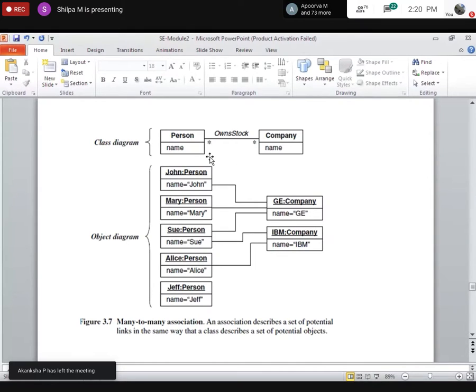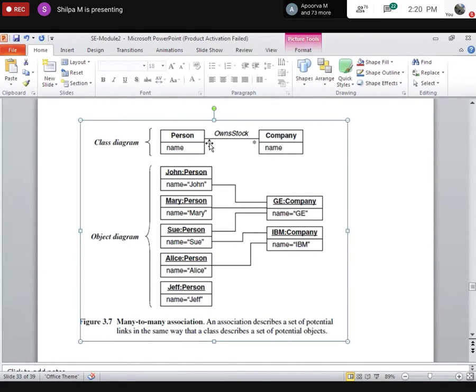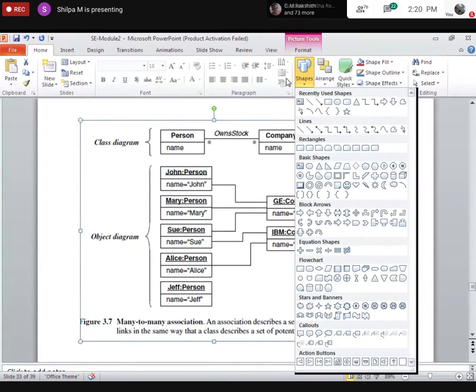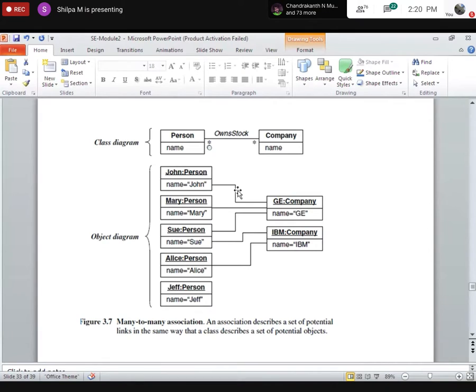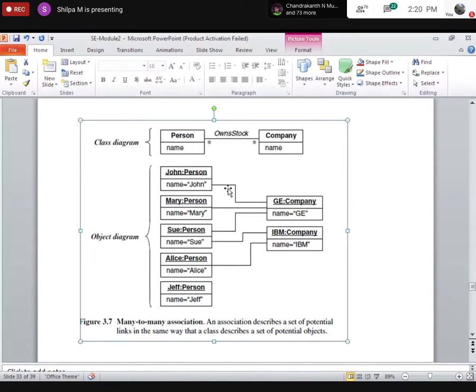What happens if I give 1 here? I don't know. Can you see the cursor? Where am I pointing to? No, right? One second. Let me check whether you can see.